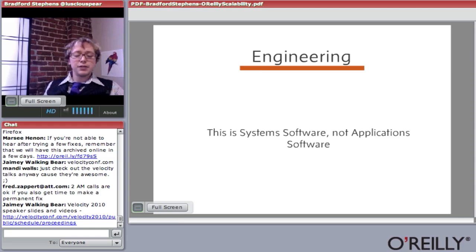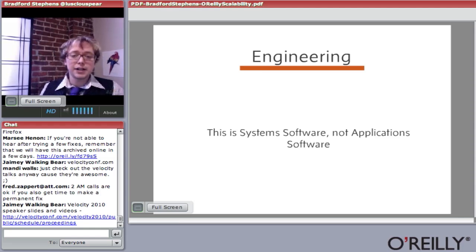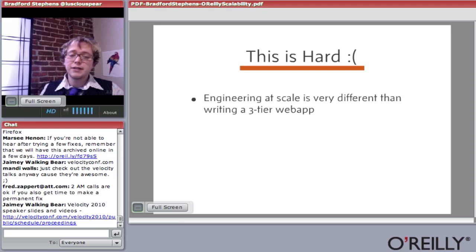So segueing from the operations to the engineer side of things, you've got to remember, and I don't mean to offend anybody here, but this is system software. This is not application software. I love my Ruby hacker amigos. I love my guys who work on LAMP stacks. But you can't expect somebody to optimize a 3-phase commit algorithm for your distributed database if they've been building PHP for 10 years. They may be a brilliant engineer, but this is very, very different than traditional web applications design.